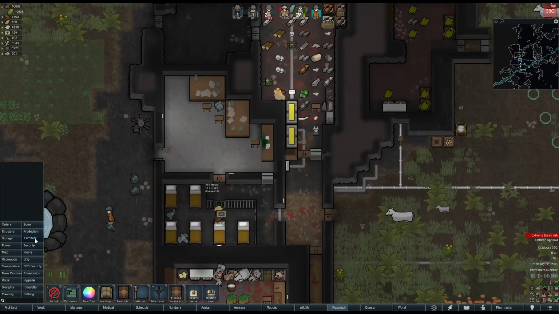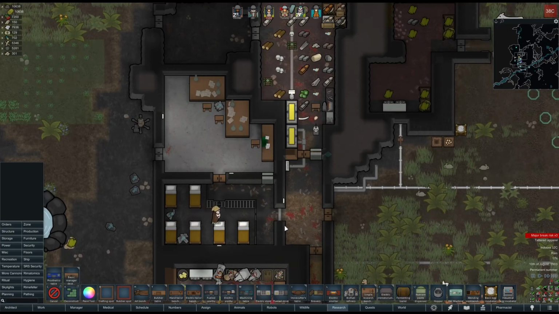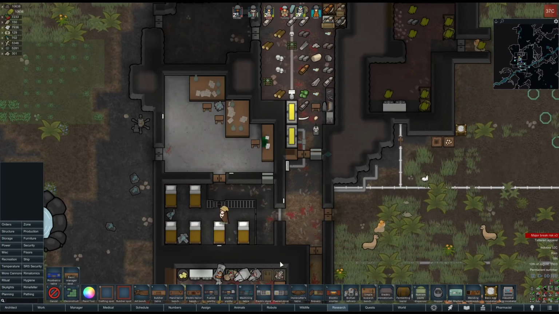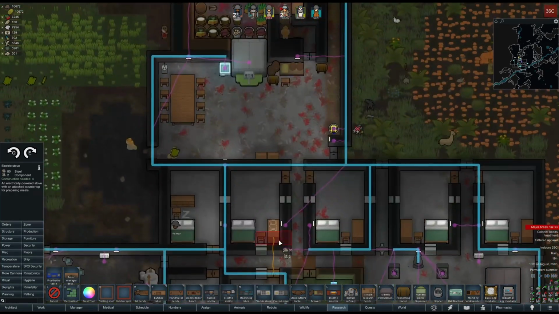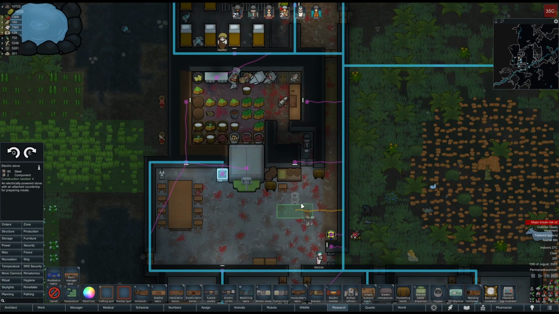We need a drug bench. We may not have access to a drug bench. We do not have access to a drug bench. That is unfortunate. Which means we have to put up a kitchen anyway, in order to make our tea, because I don't want to take the losses involved with using a crafting spot. But we also need a clean area, and we will put it in here, except this room